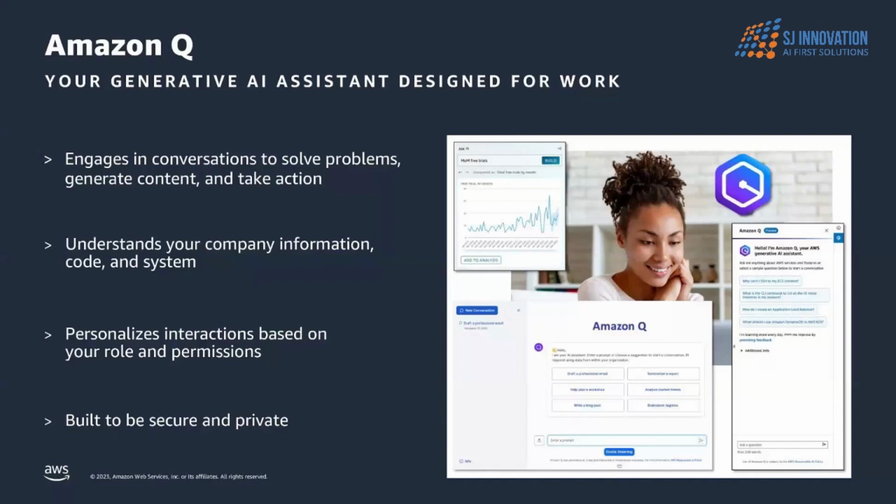So Amazon Q, based on his permissions, he will get the data. But if the same questions are asked by a random user, those things will be taken care of. Certain data should not be given to random users based on permissions. So we'll see later on how these permissions work.